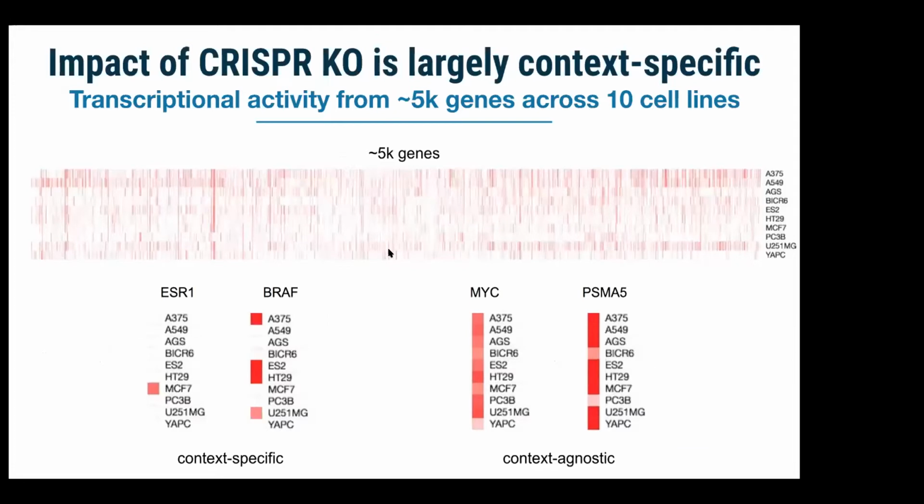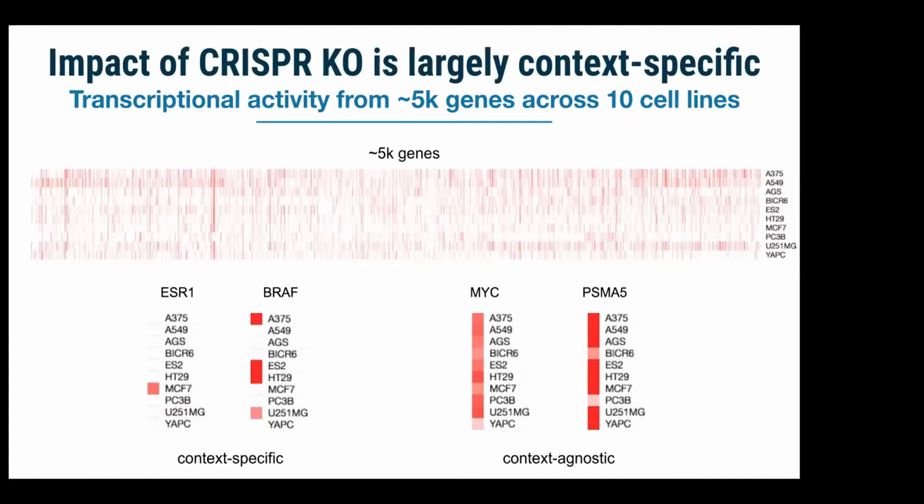Another view of this data is to look at the transcriptional activity score for all of these genes in all of the 10 cell lines. And so that's what this heat map on the top represents, where the intensity of the cell in the heat map is proportional to the TAS of the particular gene. One thing you can notice is that it's fairly sparse. Most of these knockouts don't induce very strong signatures, but there are some subsets that do,